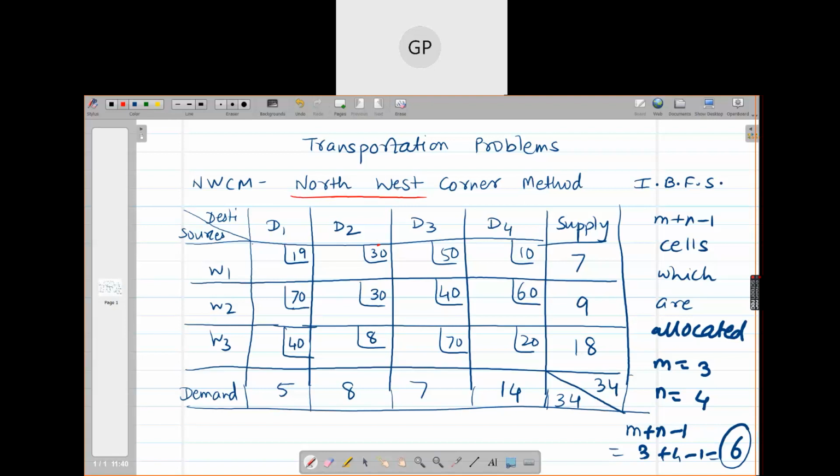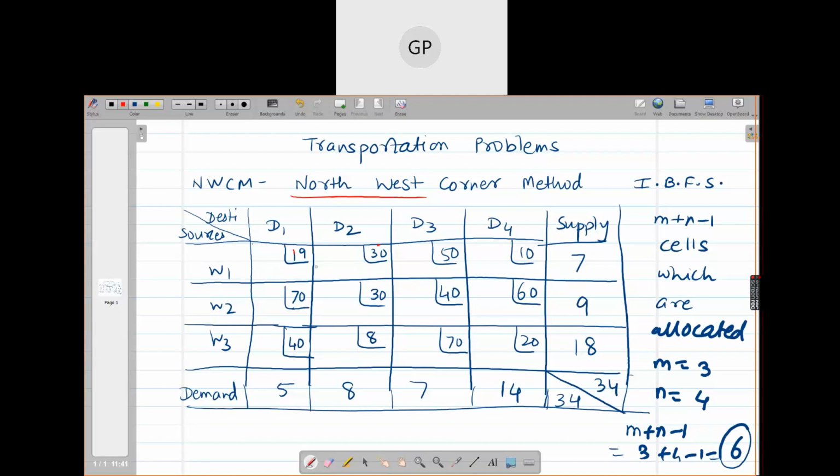Yes, ma'am. So in the northwest corner we will keep locating and putting units, and therefore we are not really bothered about, or we are not considering these costs. At 19 I am going to put some units, but there is a cost 10 also, which is less than 19. Actually, I should go for this 8, right? Because ultimately I want to minimize the transportation cost, but this is one of the limitations of the method, you can say, but it gives you at least an idea about the solution.